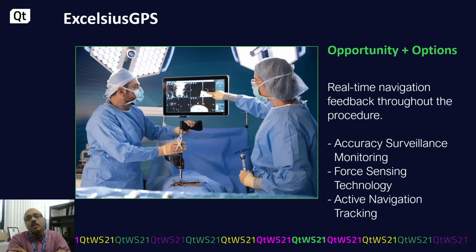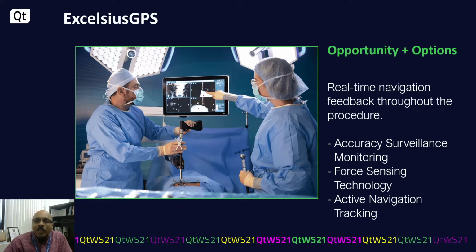So our system comes with very innovative safety precautions, again very critical for a medical device. We have something called a surveillance marker, which is shown right here, which is attached to the patient, and this marker can be used to track navigation sanity, not actually accuracy. Are things still where the computer thinks they are?